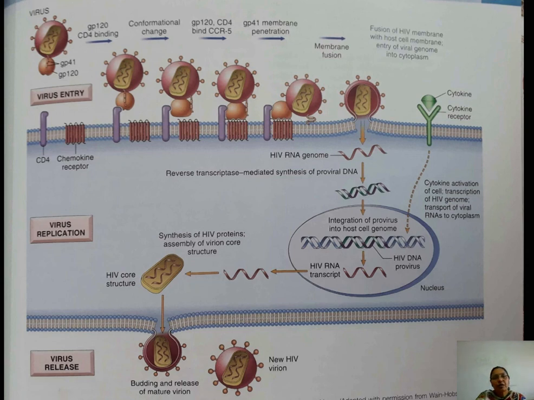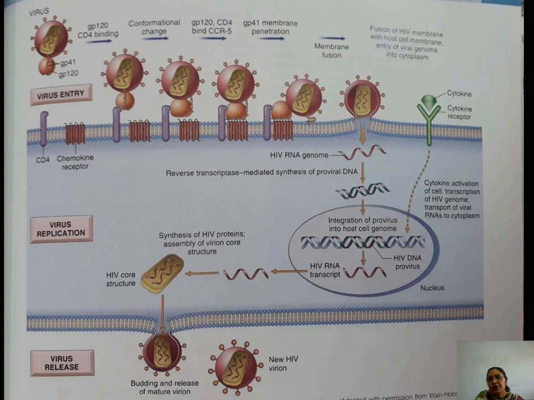Now when this GP120 antigen binds with the CD4 receptors, there is a conformational change in the receptor molecule that will generate some binding sites that bind with these chemokine receptors. After binding of the GP120 with the chemokine receptor, again there is a conformational change, so that there is a change in the GP41, and this GP41 is capable of inserting spikes into the cell wall.